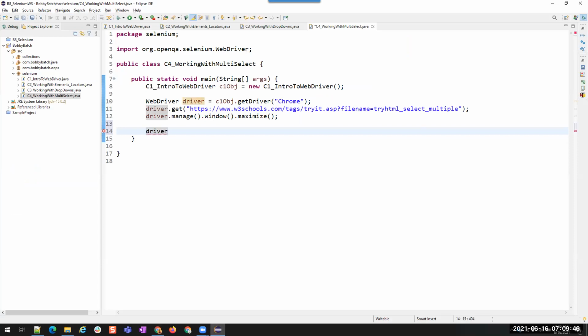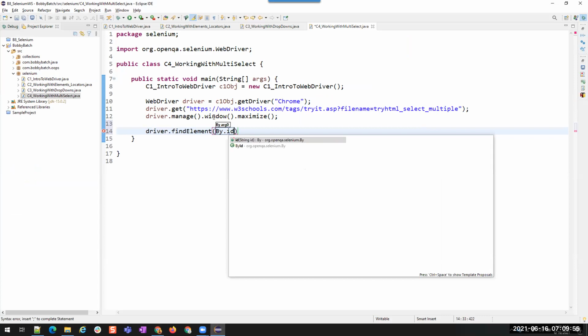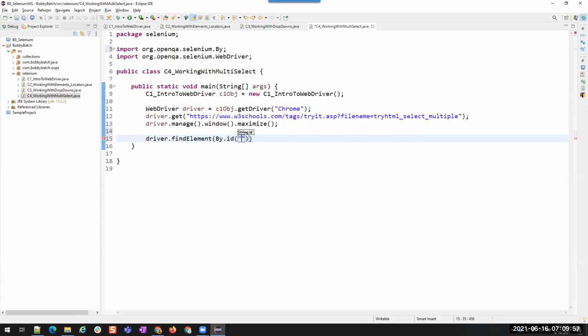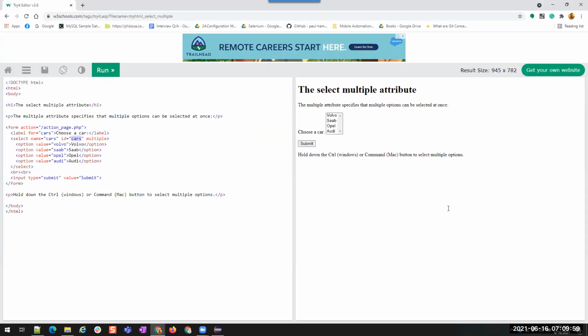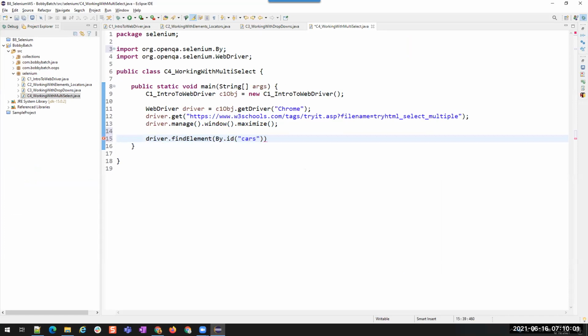Driver dot find element by dot ID is cars. This is an element, a web element. Cars drop down is equal to.